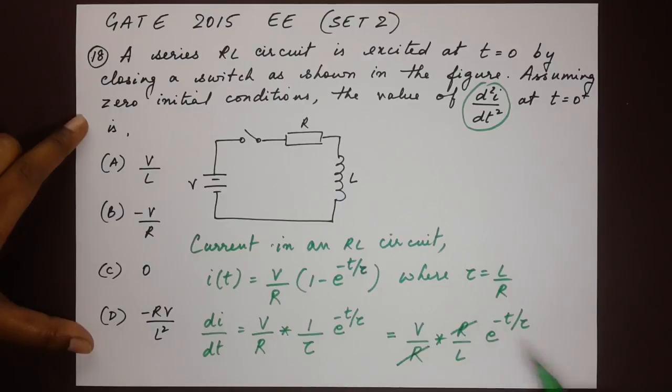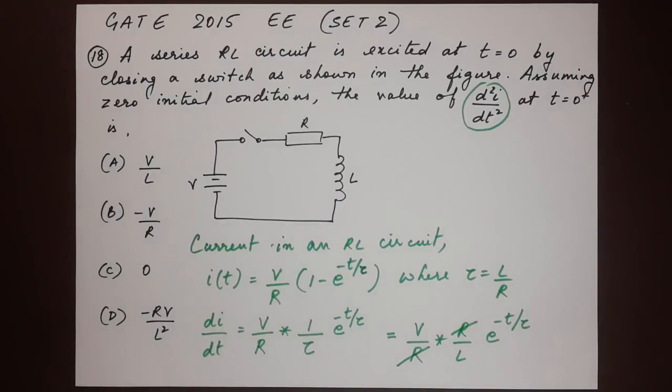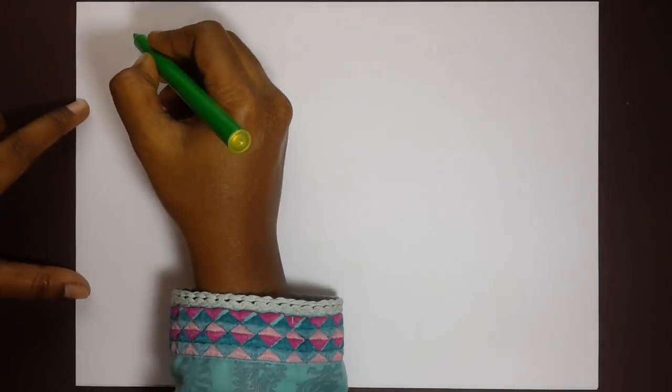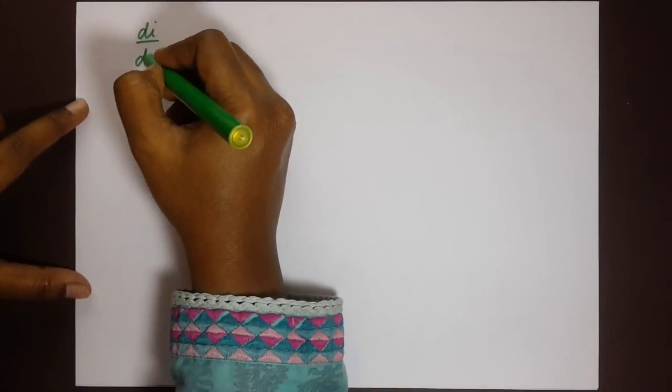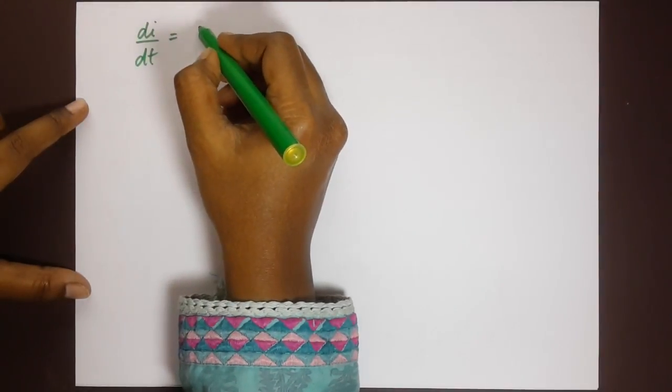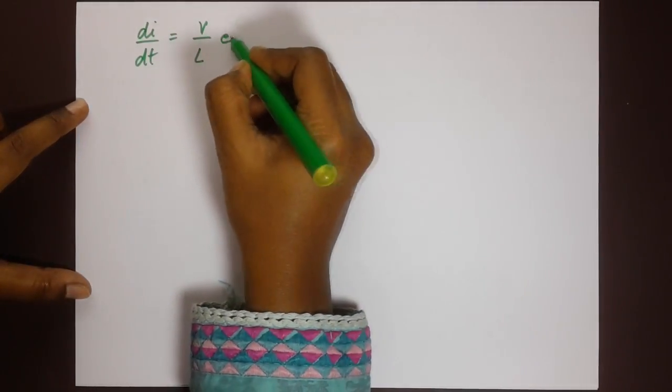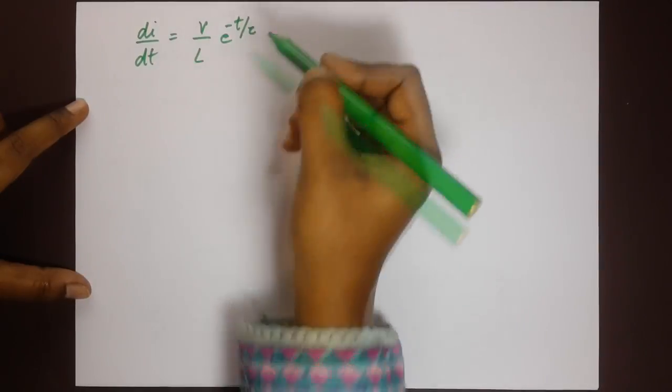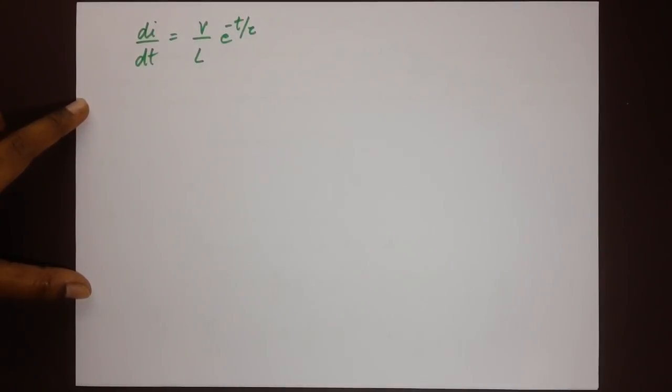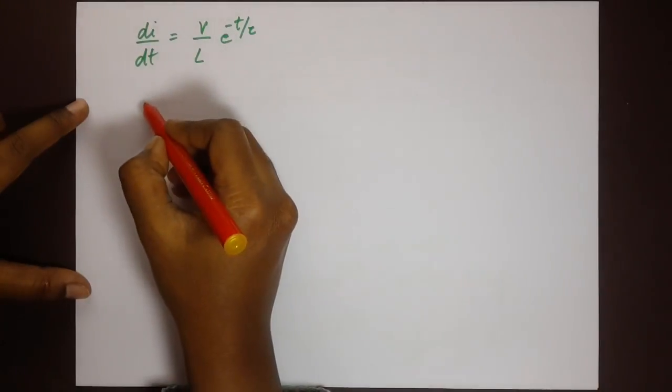We cancel out R and R. We would have now V by L into e power minus t by tau. Okay, I'm going to write it here. di by dt equals V by L e to the power minus t by tau. Now we differentiated it once. Let's differentiate it a second time. That becomes di